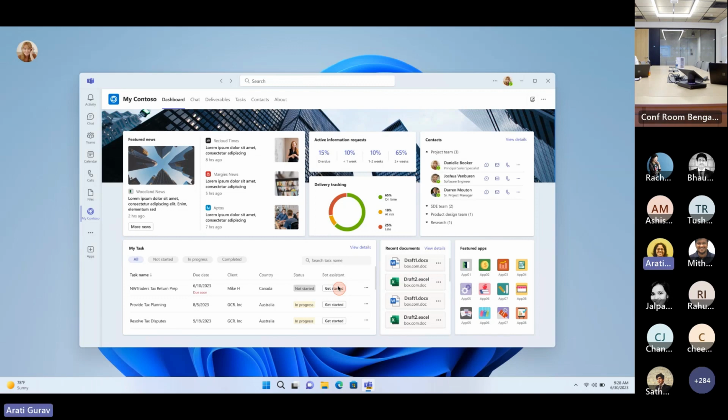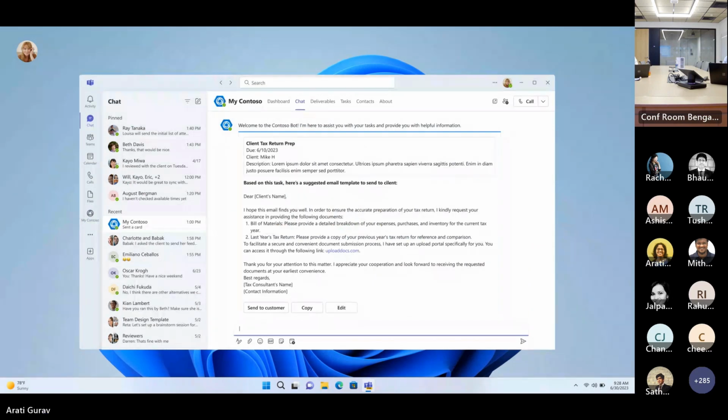Now, let's see how Daniela typically works in day-to-day activities. Daniela begins her day by logging into a dashboard, which is a Teams app, and she notices that there is one tax return engagement pending that needs her assistance. With a simple click, Daniela is taken to the bot experience. It's a personal bot, and the bot now has access to the engagement details, because of which it can take advantage of AI to bring all the